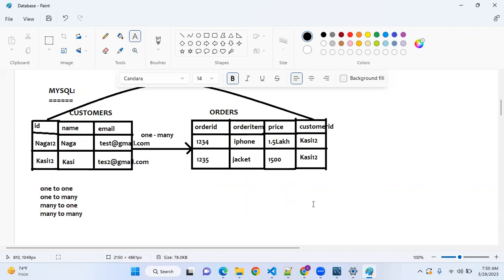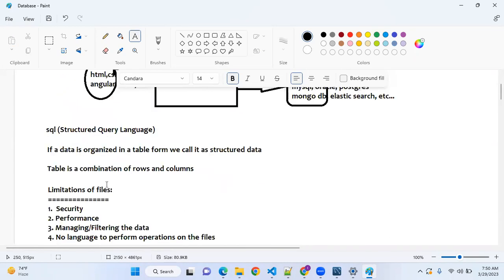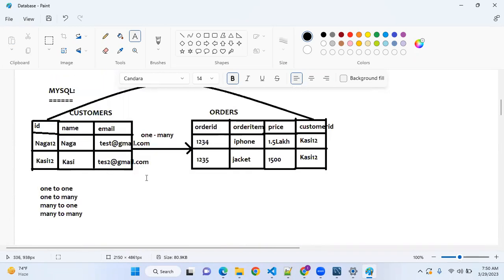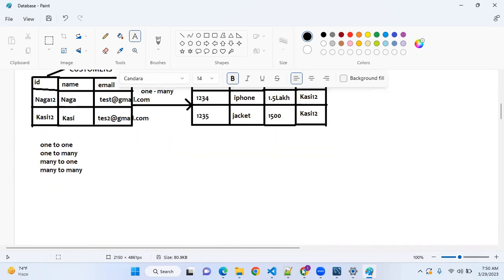Whenever the situation comes, automatically we'll create a relation like that. So now we have talked about one-to-many. You might have understood by now what this one-to-many is. For one customer, multiple orders. For one student, multiple subjects, for example. Similar to that, not a particular case, but there are a lot of cases where we can relate to this. Okay, no issues. I just wanted to bring that point. Okay, next.